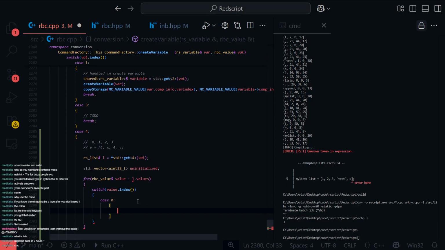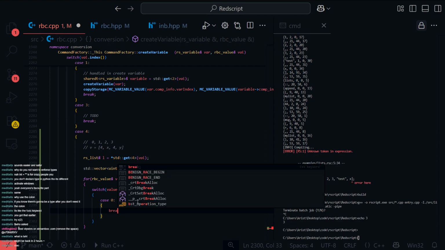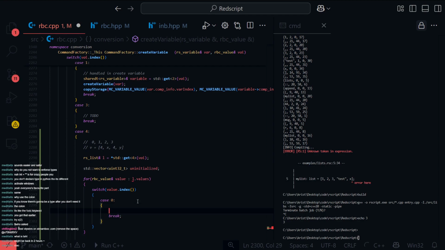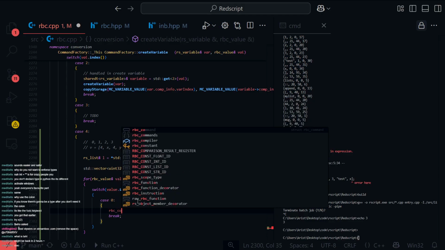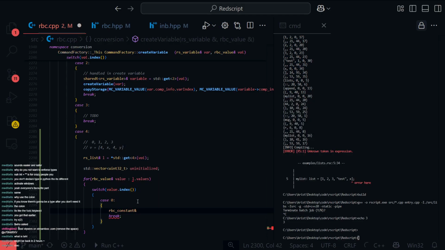If it's a 0, we have a constant, so really good. We can get the constant, so RBC constant c is